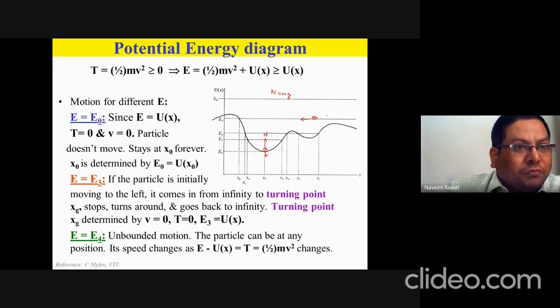A particle that has this energy, coming from infinity to this point, we call it a turning point. Again at this turning point you will have the velocity as zero, then the kinetic energy here will be zero, because the particle will come, strike this point, and then go back. The energy that is possessed by this particle here is entirely potential, by virtue of its position. But again this is a bounded position, right? So it cannot cross over.